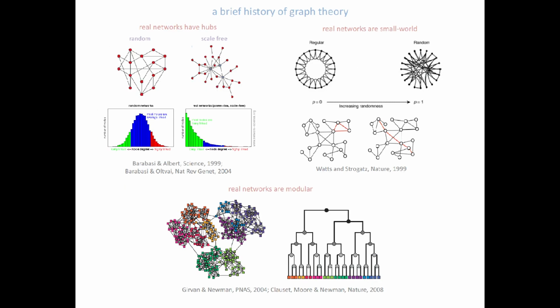But it wasn't really until the end of the 1990s where people started to say, hold on, maybe this random graph model isn't entirely appropriate. There's really two seminal studies. One was by Albert-László Barabási and Réka Albert, published in Science, where they said, well,